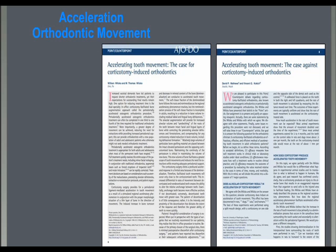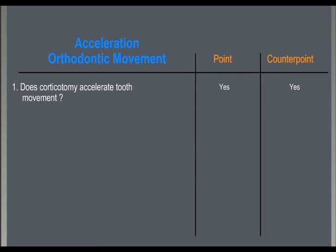These claims have been discussed and questioned in 2 point-counterpoint articles published in 2013 in the American Journal of Orthodontics and Dentofacial Orthopedics. 5 issues have been brought up in these 2 articles. The first issue has been about the acceleration of tooth movement. It seems that from the available literature, corticotomy is able to accelerate orthodontic tooth movement,